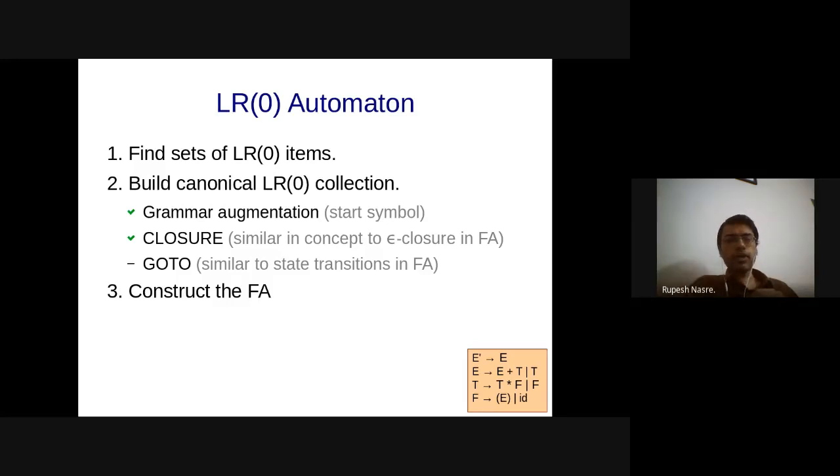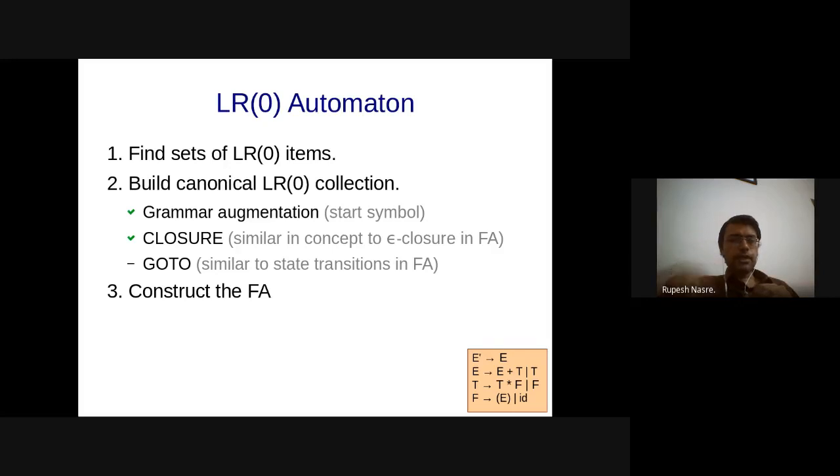So we are currently continuing to look at the LR0 automaton. The way we did it is that we wanted some sort of context to know where we are in the production, how much of the string we have seen. So if A derives XYZ, whether we have seen X, whether we have seen XY, all of this information is also required. That made us introduce the dot notation, which says that if I have seen only X, I am going to say X dot YZ. That means I have consumed X, but I am yet to see what the next terminals or non-terminals are.